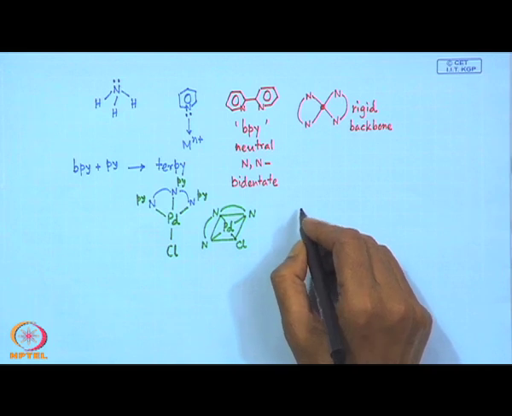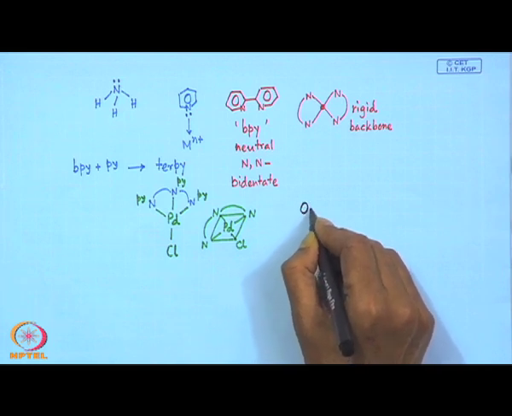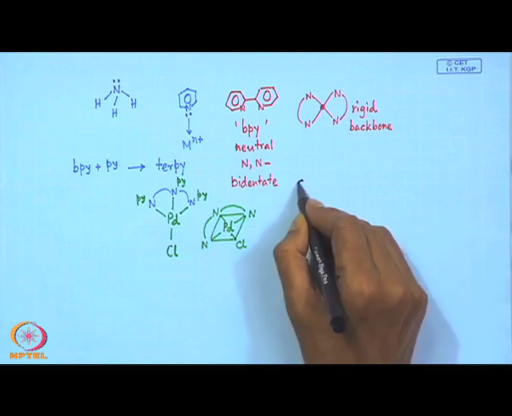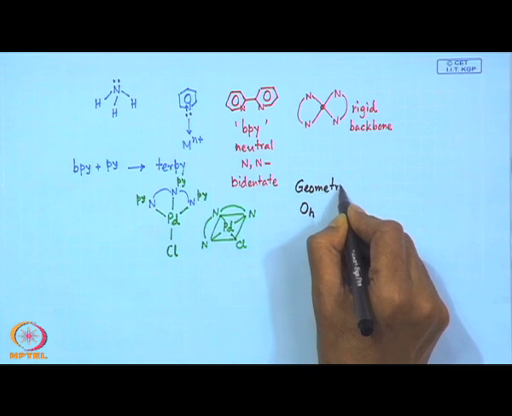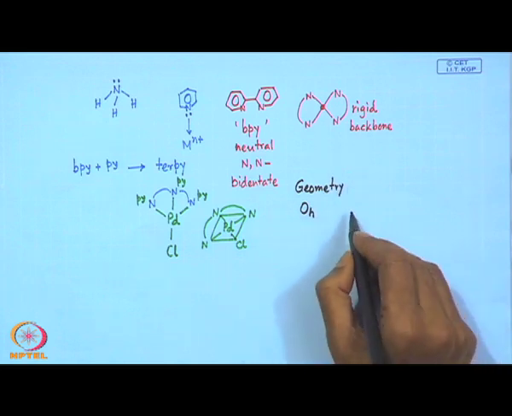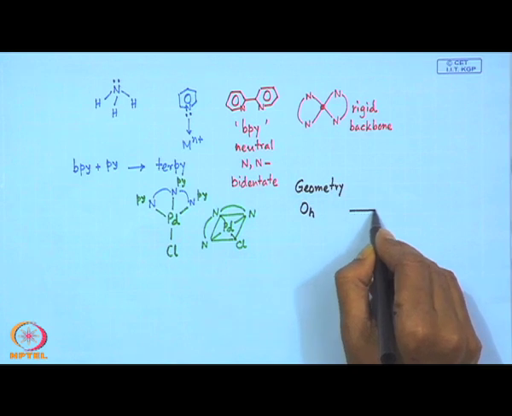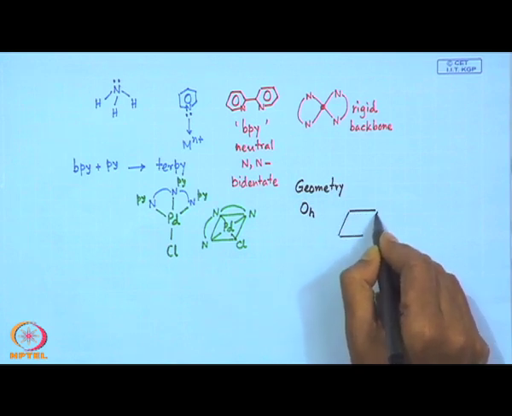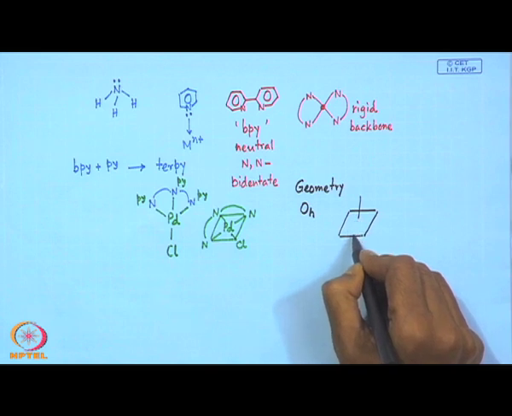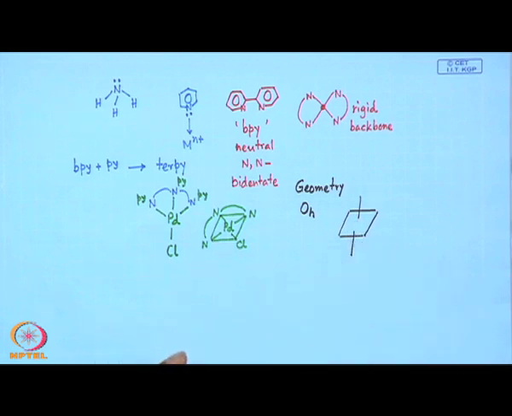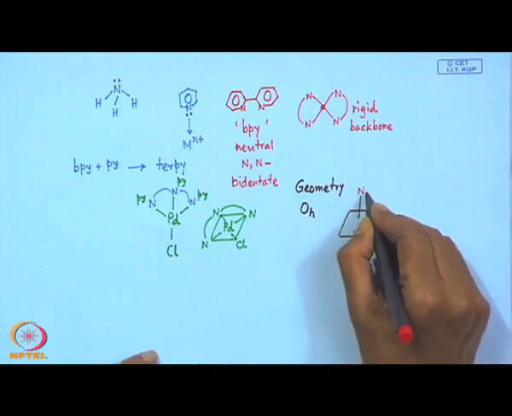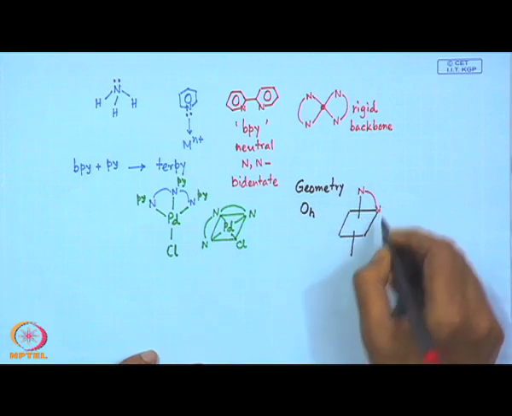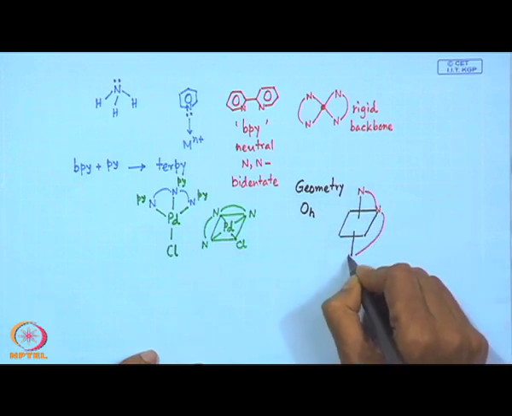And if it is a typical octahedral compound, so if the geometry is different, is octahedral in nature, then we can have the 6 positions for coordination, and these 3 coordinations now can be occupied, since it is a very rigid one. So, only one type of binding is possible,